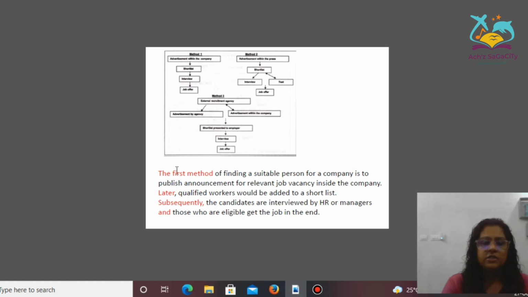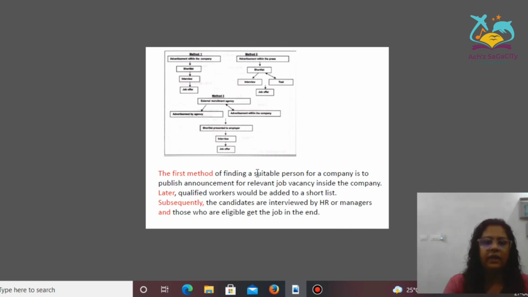Then after that, the first method. So you can divide your body paragraph based on the methods. You can divide the first method in first body, second method in second body, and third method in the third body paragraph, because up to 3 body paragraphs are allowed. Or else you can just combine the method 1 and 2 together in first body paragraph with the help of cohesive devices like however or in comparison. And the second body paragraph you can write about method 3, like that also you can group your data. So here you can see the first method, that's the first cohesive device we used. That's the first connector or the time connector we used.